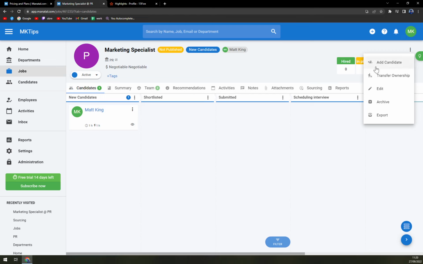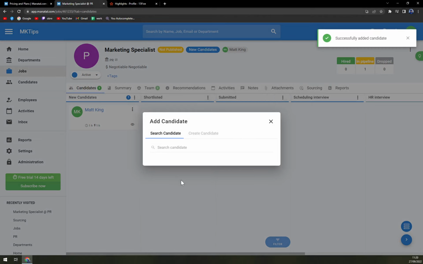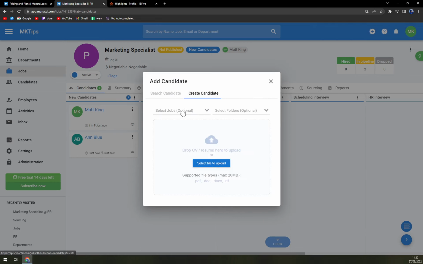If I'm a creator or member of Manatal developer team, but we can add a candidate, and there is recently add candidate and it's Anne Blue. We're gonna click on it, and automatically Anne is added to a new candidate. You can also create it manually like this, but for that particular task you need to have like a CV already uploaded. You can't really